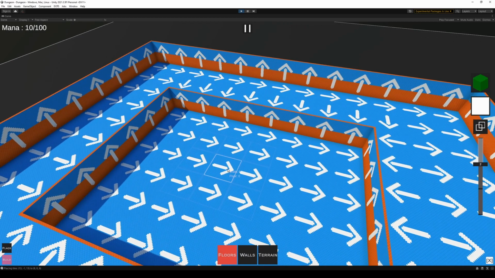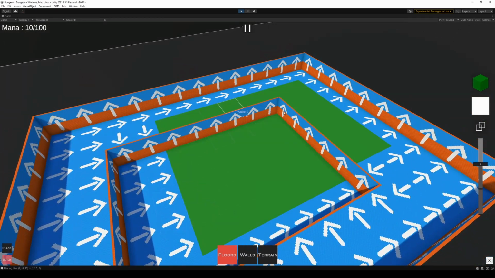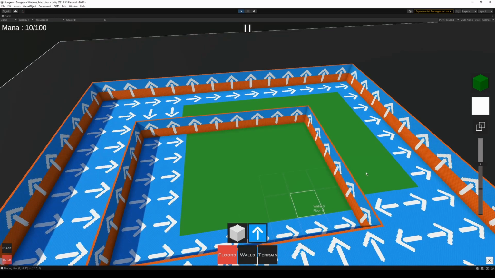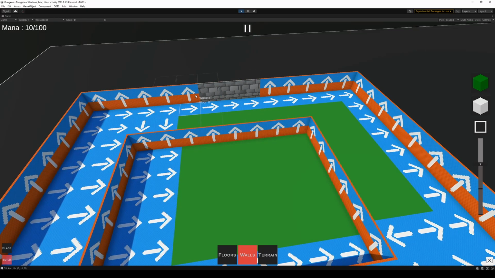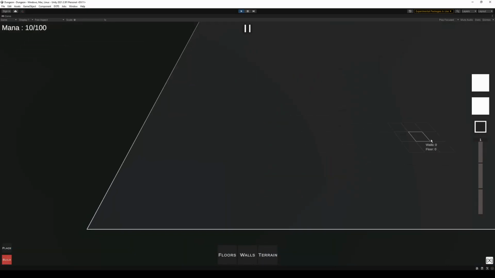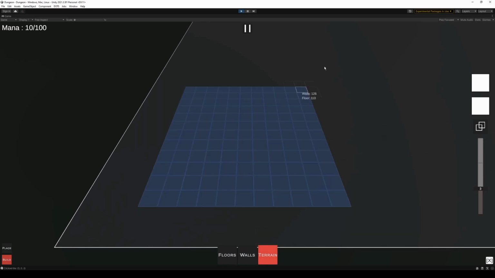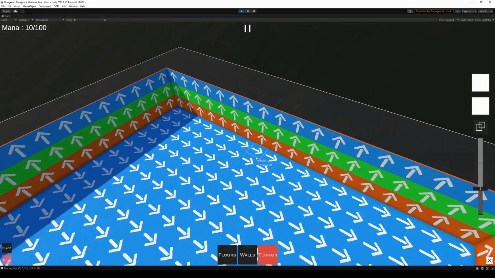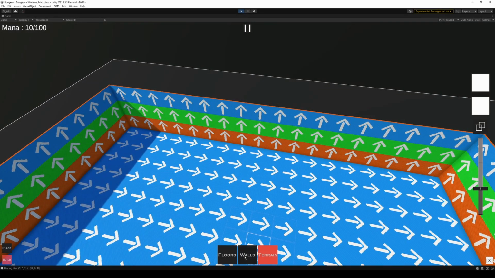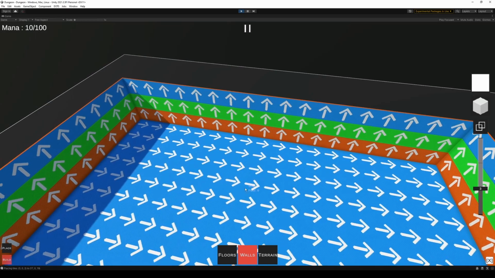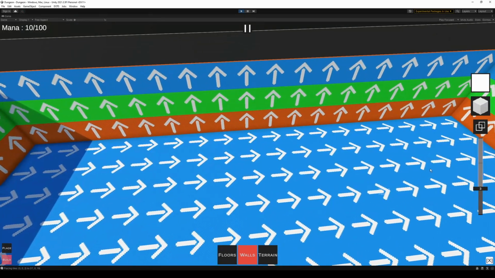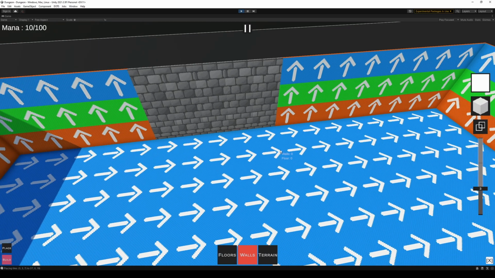Let's do grass, and that then sets it to override, and then you can do walls and set the wall type. Alright, then I've now got that functioning to a level I'm pretty happy with. So if we make a box here, then if we change to wall selection, you'll see the grid goes away. Then if we hover over the wall, we get a new thing, and then if we drag and select, it